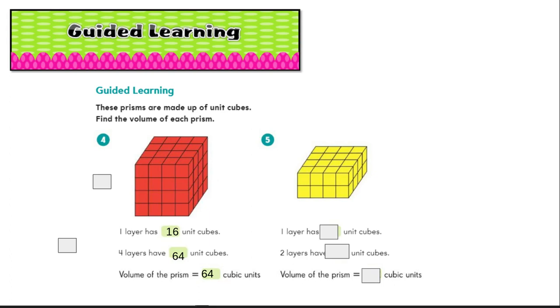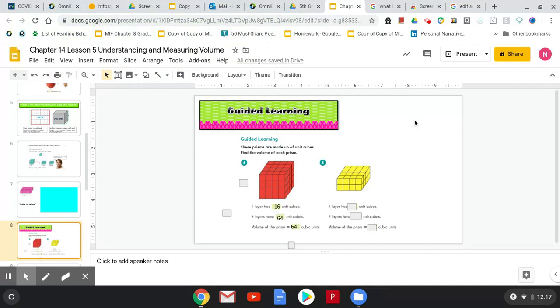Okay, and I'm going to make it a little bit smaller so I can move these boxes around. So the first layer I'm going to count. I know in the front I have 1, 2, 3, 4 cubes, and my width on the side I have 4 cubes as well. So again, that is 16 unit cubes. And this time I have 2 layers, so I have to multiply my 16 unit cubes, my first layer, times my second layer to get a total of,